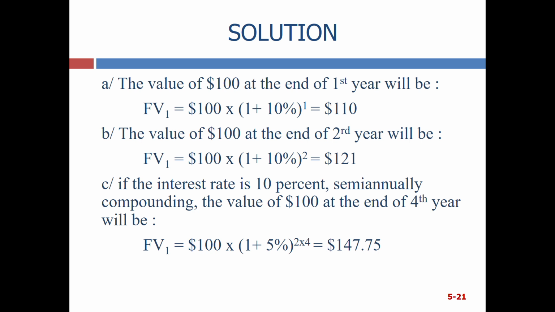Accordingly, the future value at the end of the first year is 100 times the sum of 1 and 10% to the power of 1. Similar to the next question, the future value after 2 years is 100 times the sum of 1 and 10% to the power of 2. In question C, because the interest is compounded semi-annually, we need to reprocess the interest rate before applying the formula. The interest rate we get at each compounding time is 10% divided by 2, which is 5%. Therefore, the future value after 4 years is 100 times the sum of 1 and 5% to the power of